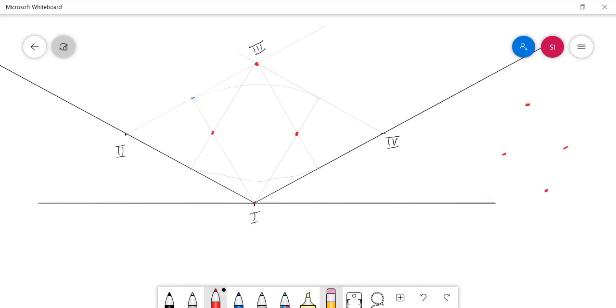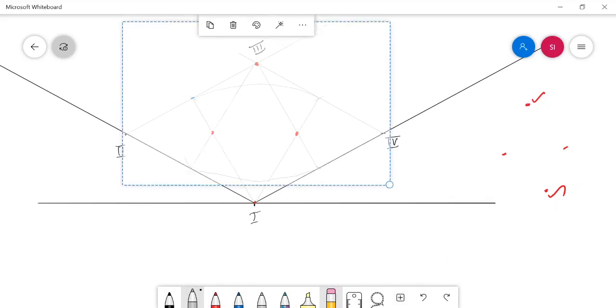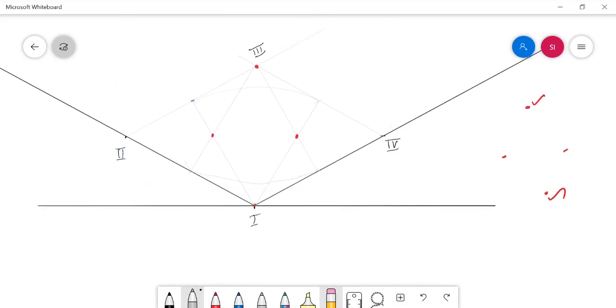Out of these 4 centers I used this center and that center, and then use the next center, that is this center. Make your compass origin at this point and take this length as the radius and draw an arc. This arc will end at this point.